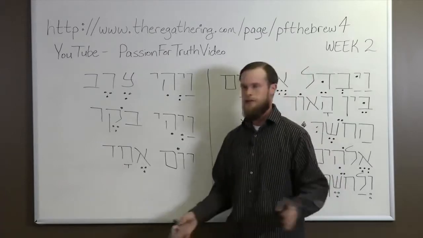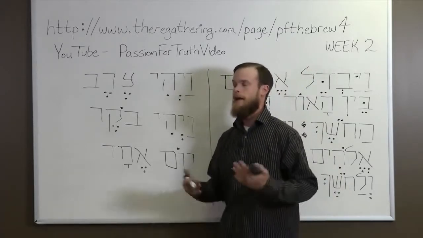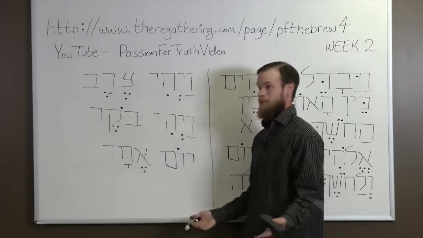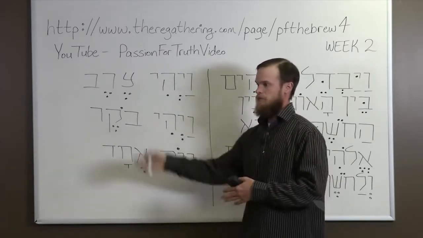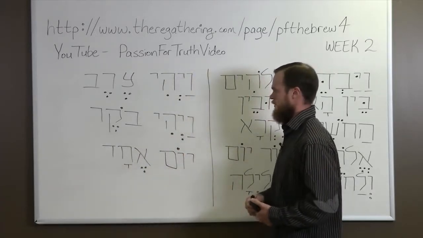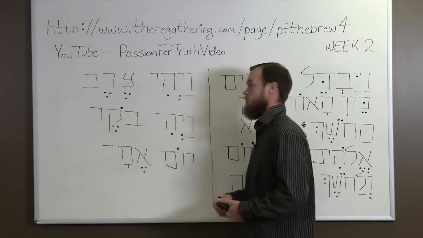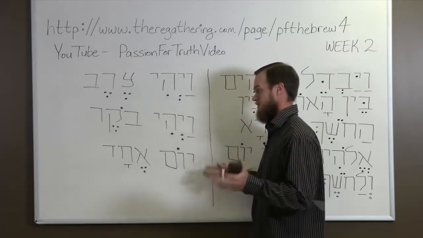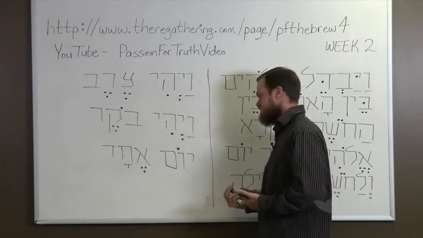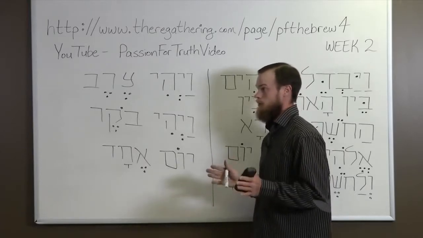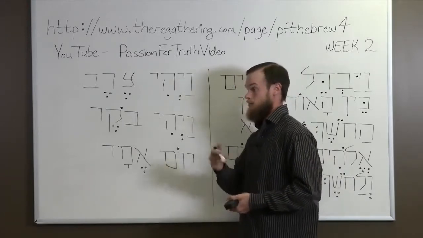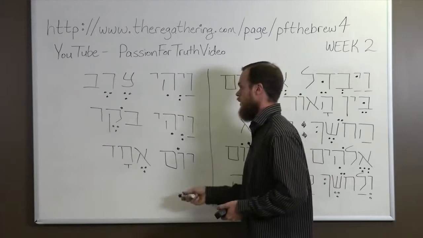Now, in English, it doesn't make any sense to say a second day, a third day, a fourth day. We would say the second day, the third day, the fourth day. There's only one of them. There's not a general second day; it's a specific period of time. So in English, we render it specifically, but the Hebrew doesn't actually have the definite article, and it's not just meant to be implied because it does use the definite article on day 6. Some translations actually stick to that, even though it doesn't make sense in English. They will say a second day, a third day, and some translations will say one day